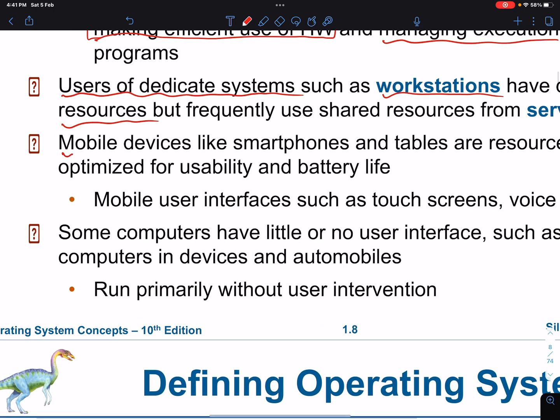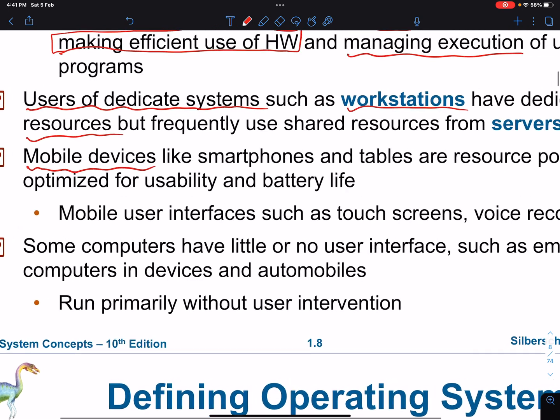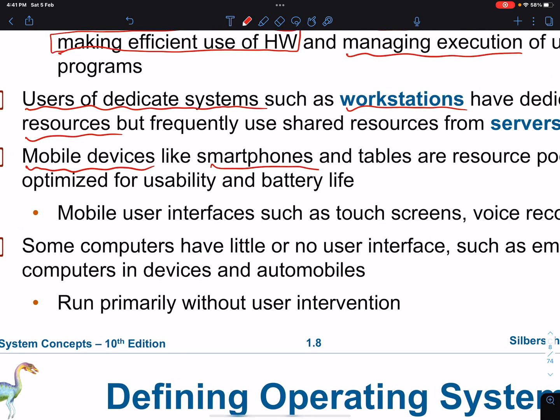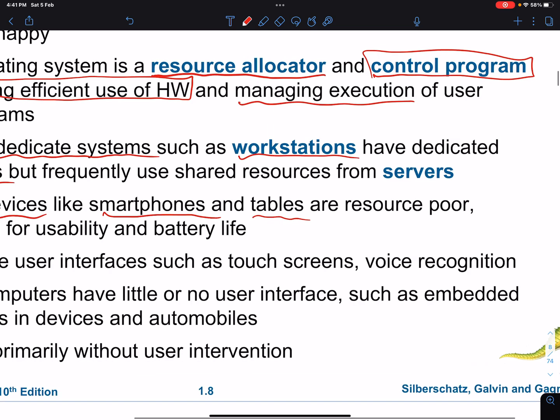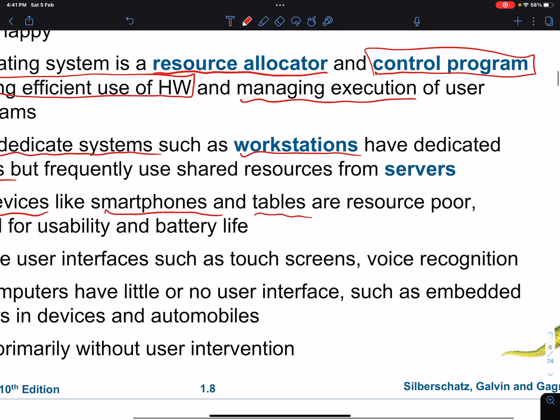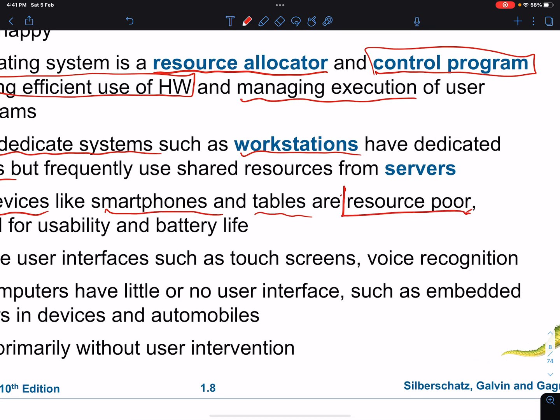Okay, how about mobile devices? Like smartphones, like tablets. We call them resource poor. Why are they called like that, resource poor? Because the amount of memory you have in a mobile is definitely much less than the memory you have in a computer.